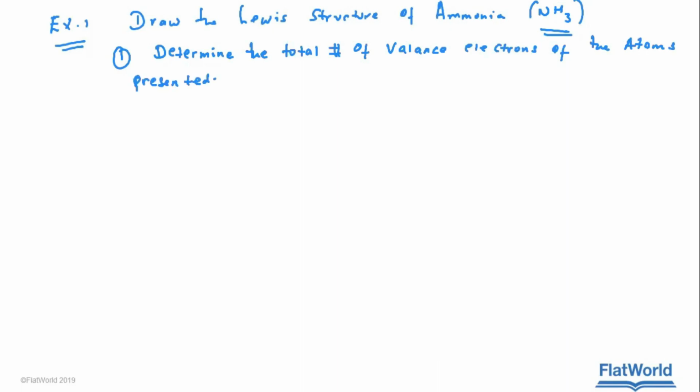So in this case, we have nitrogen. Nitrogen has 5 valence electrons. We also have hydrogen. How many hydrogen we have? We have 3 atoms of hydrogen. So that's going to be 3 electrons. So altogether, we have 8 electrons. This is number 1. You follow me? That's number 1. The second step is you need to determine